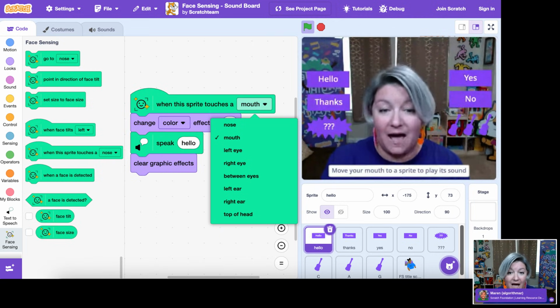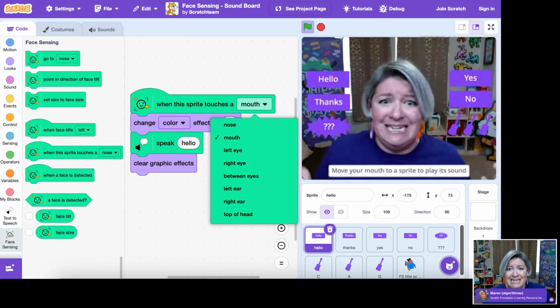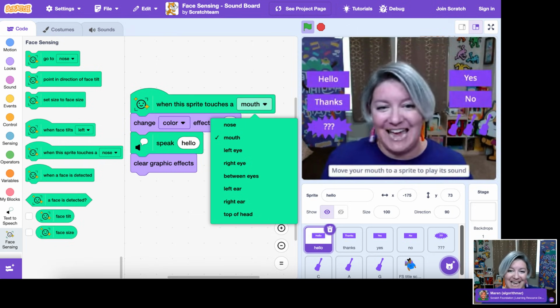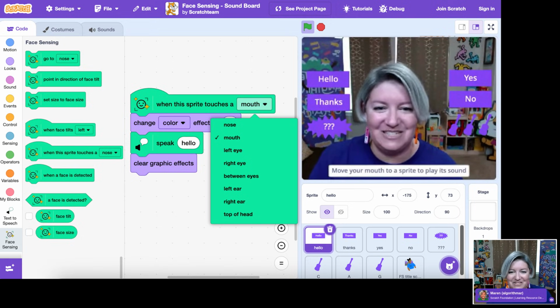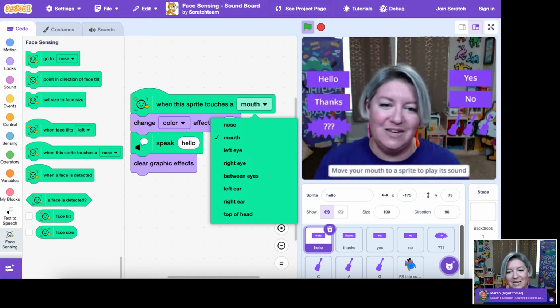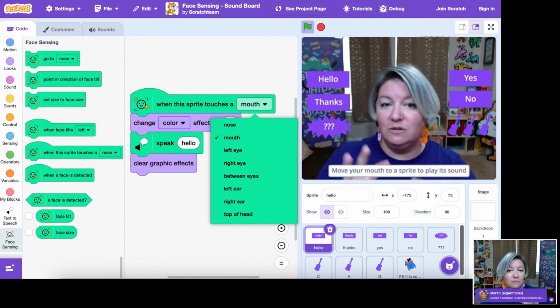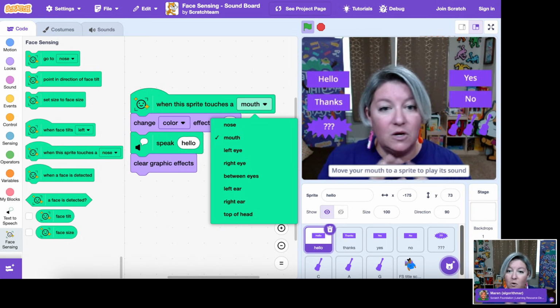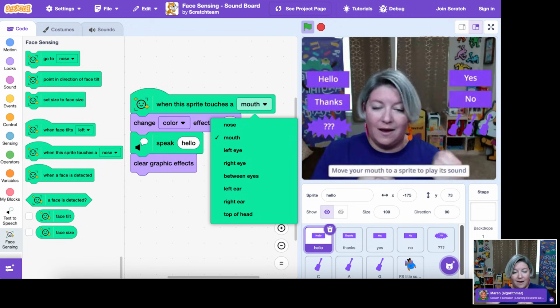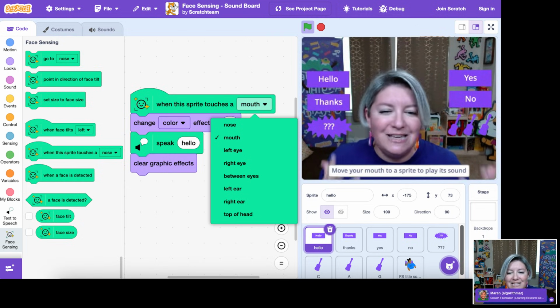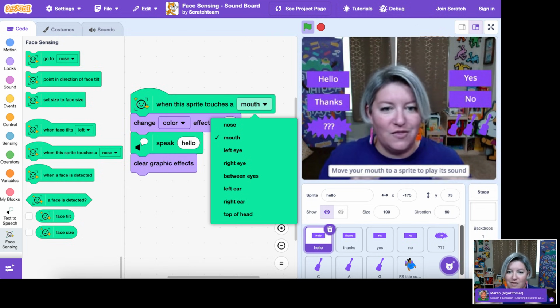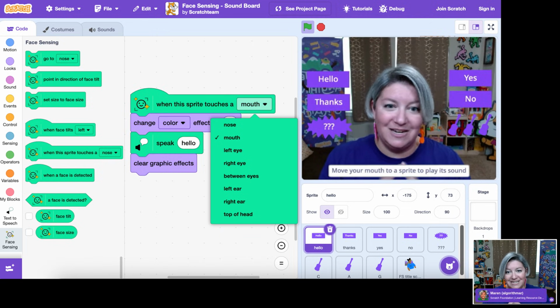But I also love this because it really is a nice accessibility piece. If you have dexterity issues, or you just need to get your body moving because quite frankly everyone gets a little squirrely sitting a long time, this is a really fun way of getting your body active and engaged in the project. And the lovely thing is, I should mention, this is very safe. It's not recording or storing any images of your face. The video is totally private to your machine, so it's a really fun way of engaging with AI in a very safe space.